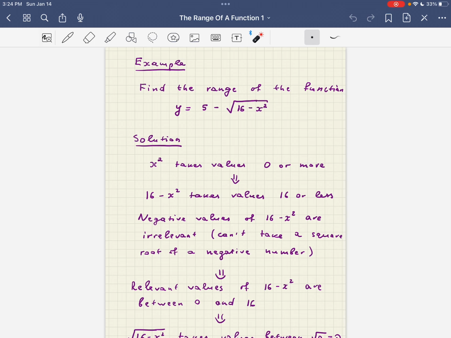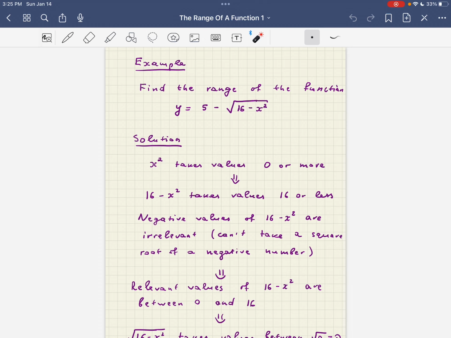Generally speaking, finding the range of a function is more complicated than finding the domain of the function. But sometimes one can find the range of the function by thinking about the ranges of different components of the formula that defines the function, as in this example. So